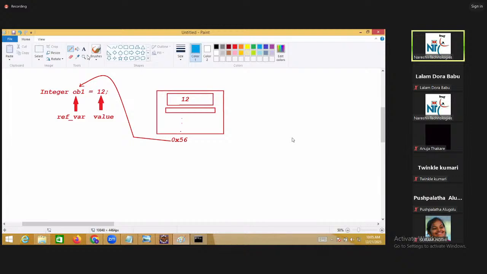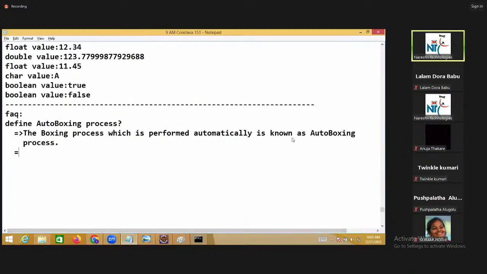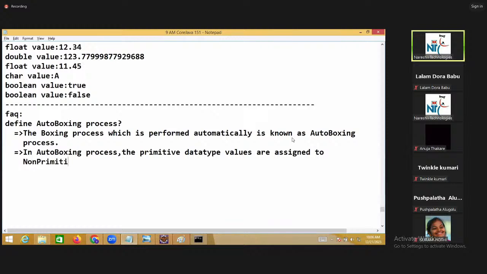In the auto boxing process, primitive data type values are assigned to non-primitive data type variables.